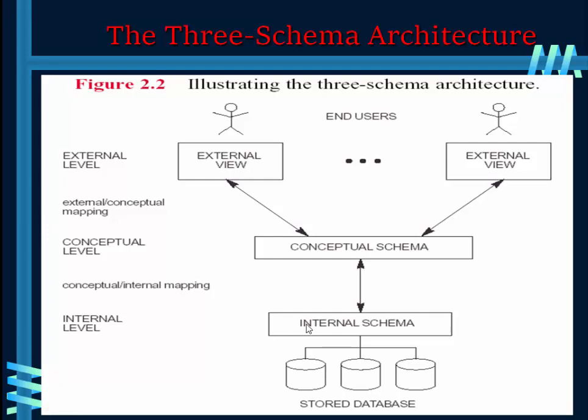Okay. So the advantage of this three schema architecture is that it makes the database abstract. Abstract means that only the data or information in which the user is interested is presented to the user. This is one of the main advantages of using a three schema architecture, and it is used to hide the details of how the data is physically stored in the computer system, which makes it easier to use for the end users.